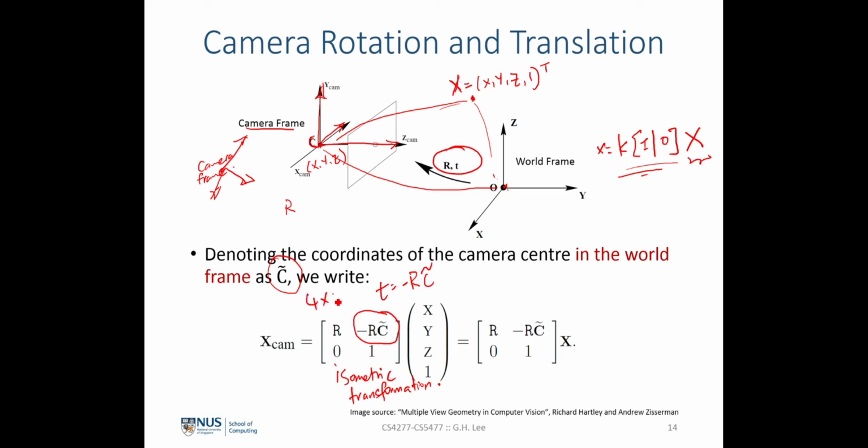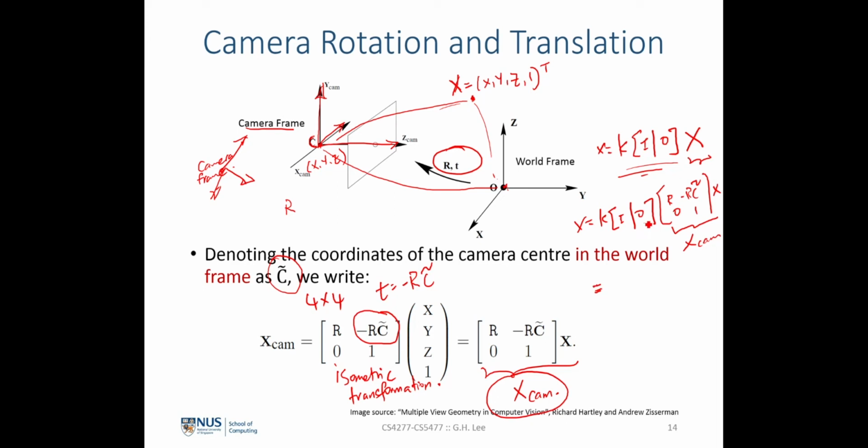Applying this 4x4 matrix onto the 3D point that is expressed in the world frame, what we essentially get is that we transform this point expressed with respect to the world frame into the camera frame, which we now denote as X cam. Now, putting this X cam equation back into the projection equation, we get K [I|0] multiplied by [R, minus RC; 0, 1] and multiplied by capital X, where this guy here is simply our X cam,